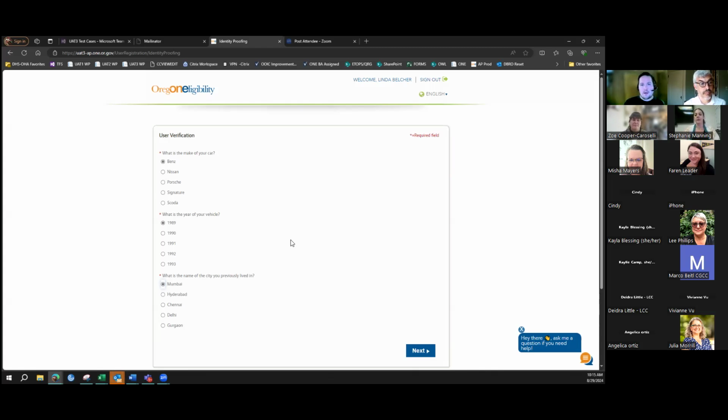So this is the RIDP, the remote identity proofing, and essentially this is a mock screen, but this is where you would see things like, which one of these addresses have you lived at in the last 10 years? What street address have you lived at before? Things like that. And it'll pull from Experian. And so if an individual hasn't had a lot of credit history, there may not be a lot of information for the system to pull from.